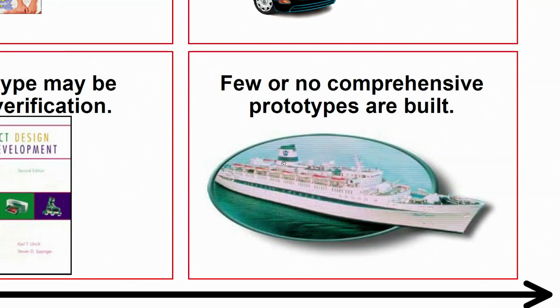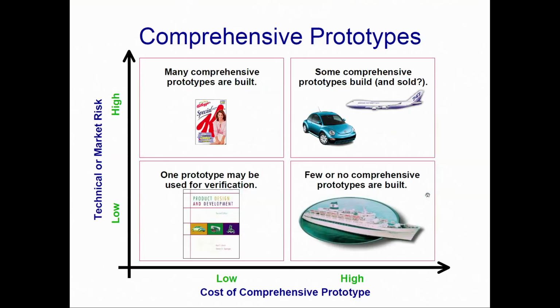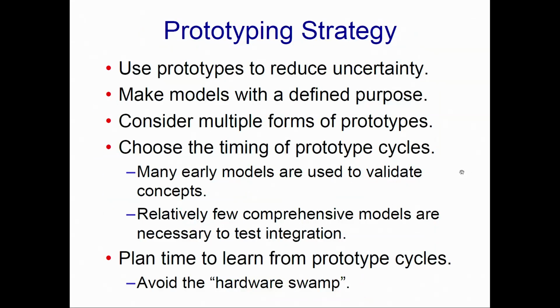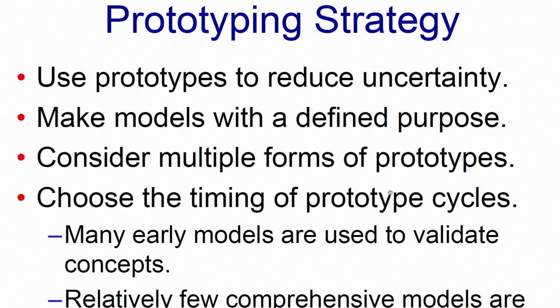So, a full comprehensive 1:1 prototype is not built, but small things are built here, and obviously you cannot build a prototype of a huge ship or an aircraft carrier or anything, but they are extensions of earlier technology. As such, not a big deal. Here we come to the crux of the whole thing, how rapid prototyping and especially 3D printing has become very important, because it is part of the prototyping strategy.